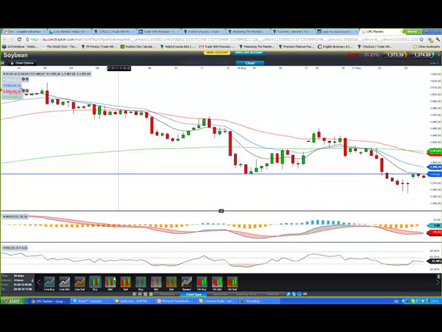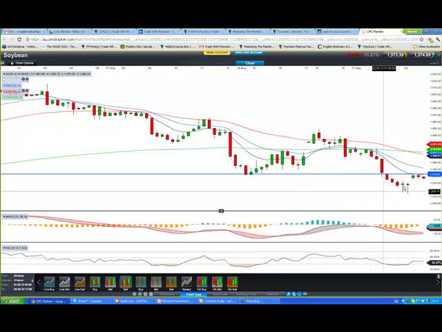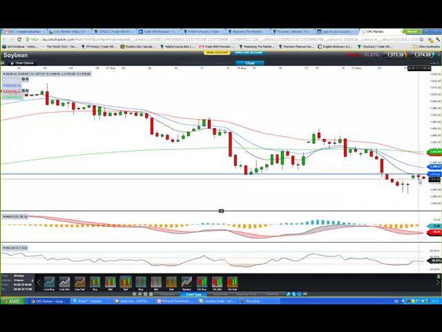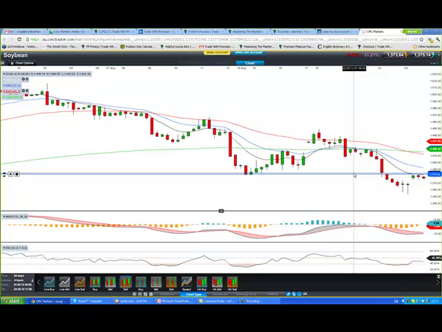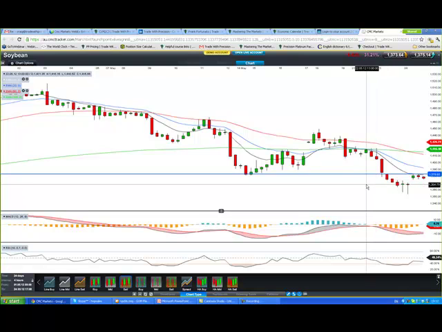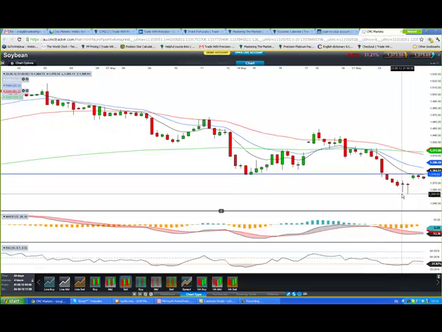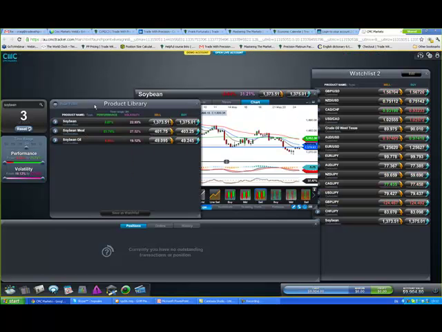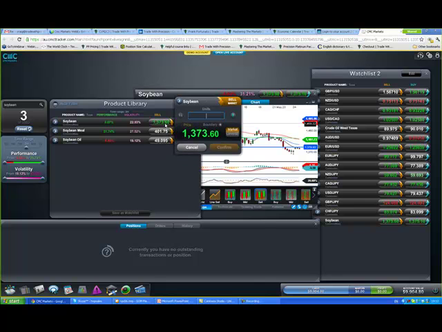Now we want to get short, so we need to go and check the sell price. I'm going to get short as it breaks down through that candle. The low there, 1372.28. Let's just make sure that one didn't go lower. Okay, cool. So what we want to do right now is raise an order. So we're going to have a stop loss at 1382 and an entry at 1372. Now that we've got that information, let's minimize this chart, come across to the soybean and place the order.